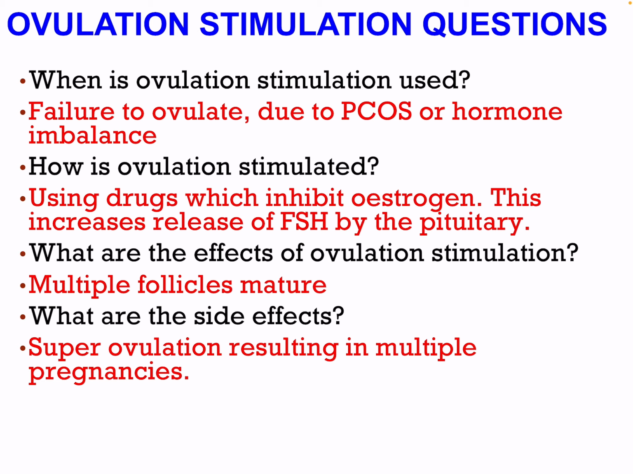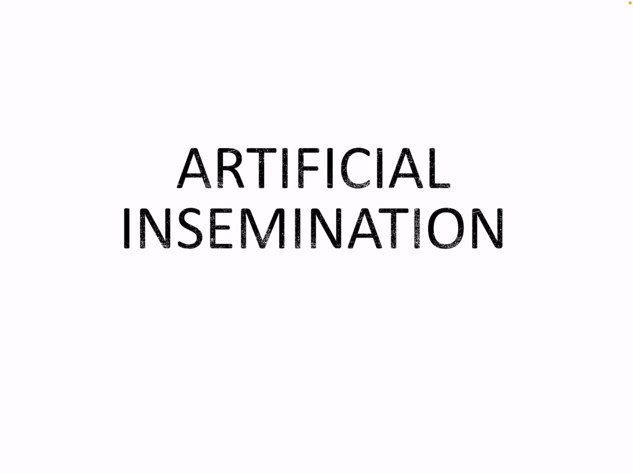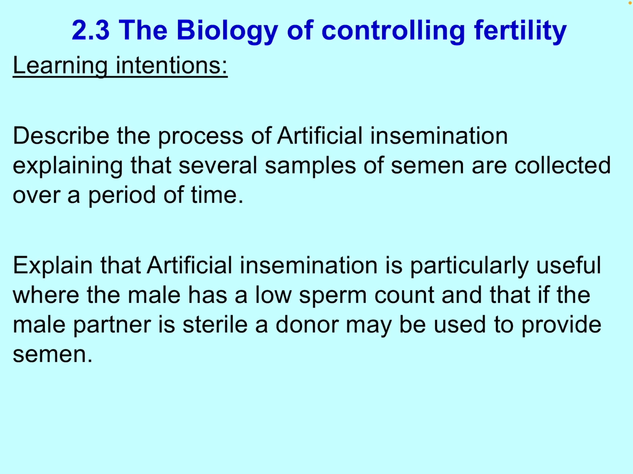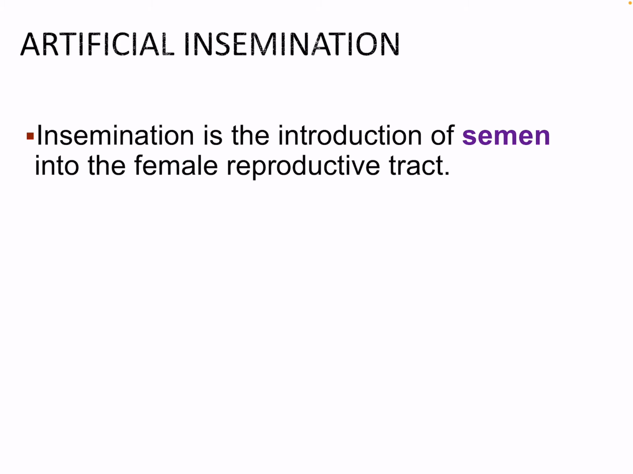Okay, next we're moving on to talk about artificial insemination. So you need to be able to describe the process of artificial insemination and explain when it is used. So, artificial insemination is the introduction of semen into the female reproductive tract,